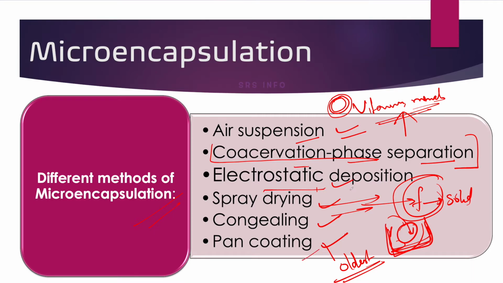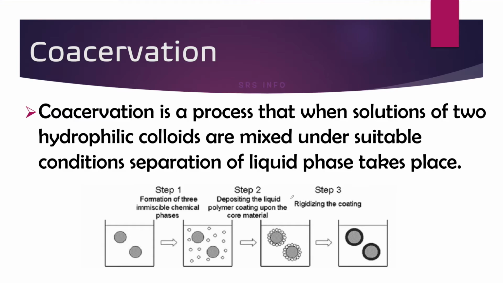And this is electrostatic deposition. The deposition is applied here. Okay, electrostatic deposition is applied for giving the microencapsulation. Clear? Now we will discuss co-acervation phase separation. Basically, you have to understand that there is a core material, and coating is given over this core material. Core material is the active drug. And over this active drug, the coating material is applied. This is simply what we can call the co-acervation.